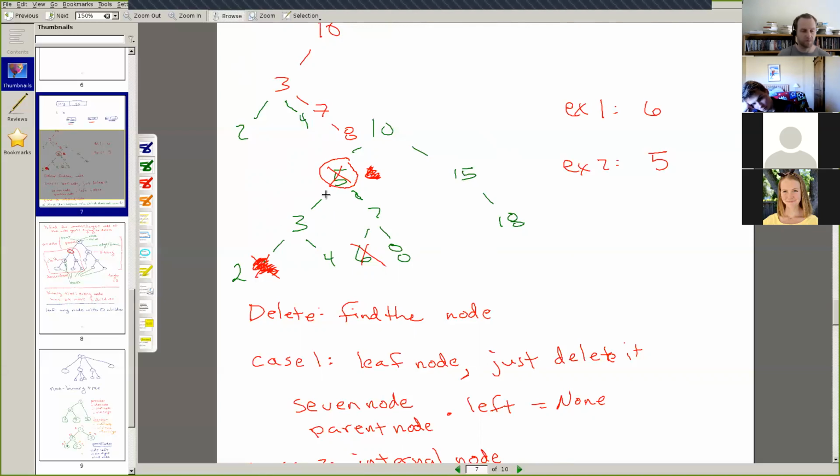That's incorrect. What we need is either the smallest child of the right subtree or the largest child of the left subtree. So we need to move either the largest of this left subtree up here, or the smallest of this right subtree up here.